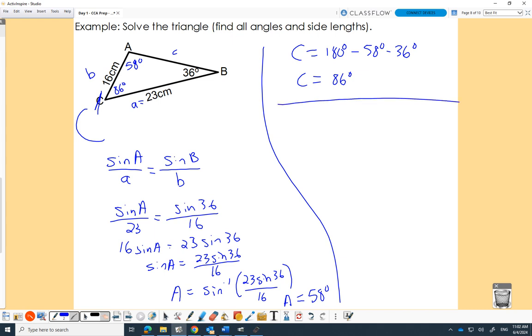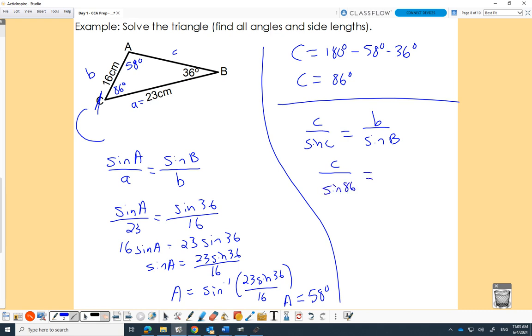I like drawing a line across there going, there, done that part of it. Now what? Now we can solve for C because I've got one of the C's. So I'm going to use C over sine C equals B over sine B this time. Slightly different. Now, because I'm going after side C, I'm going to show the other way. I'm going to show without the cross multiplying, so you can choose which way you like to do it better. So C over sine 86